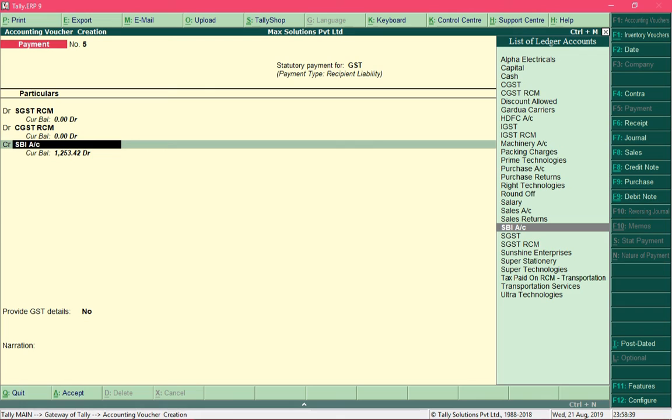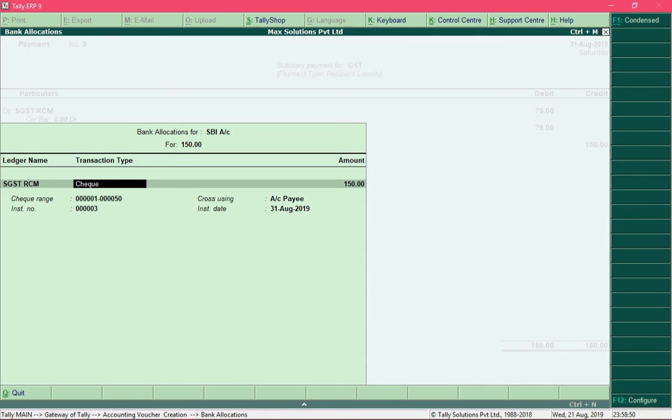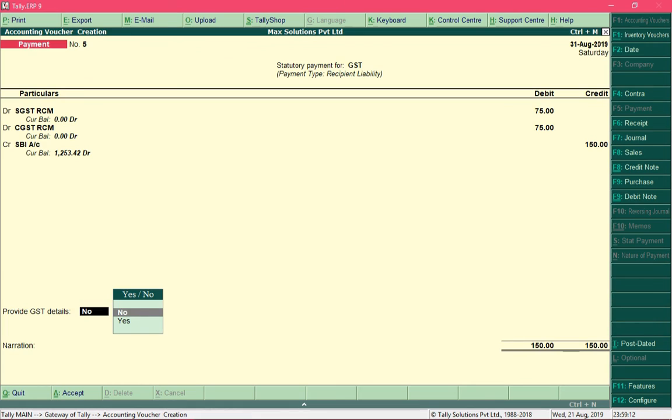So I reduce my liability by paying the amount from my bank account and specify the details for bank allocation that I am making this payment through e-fund transfer and save the entry.